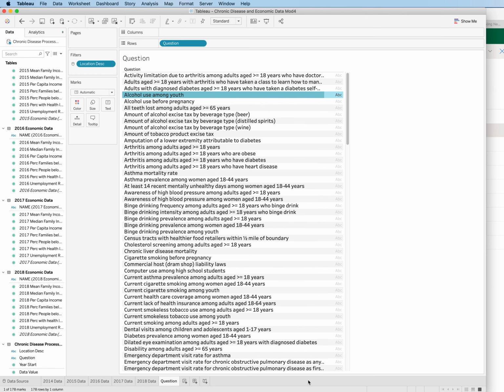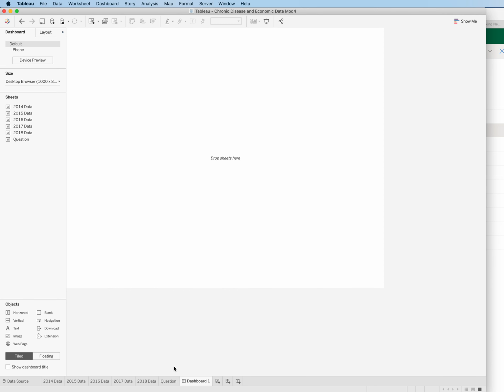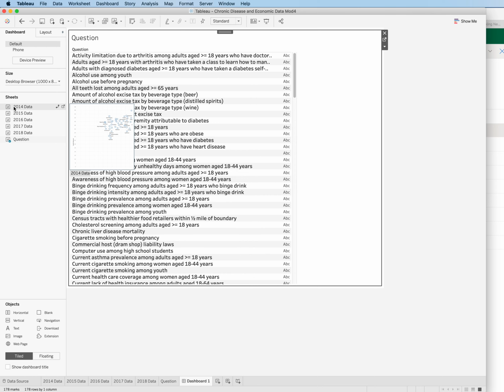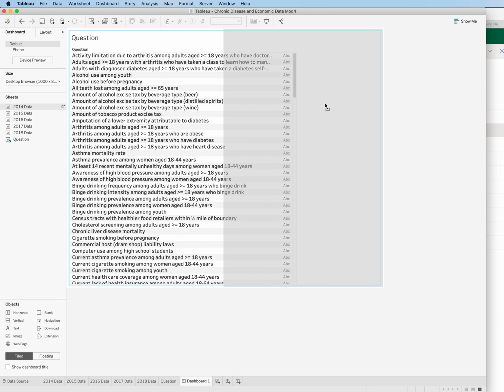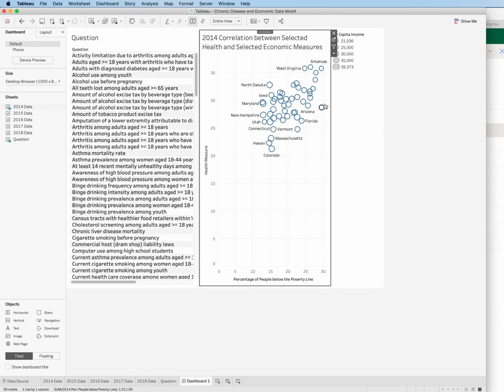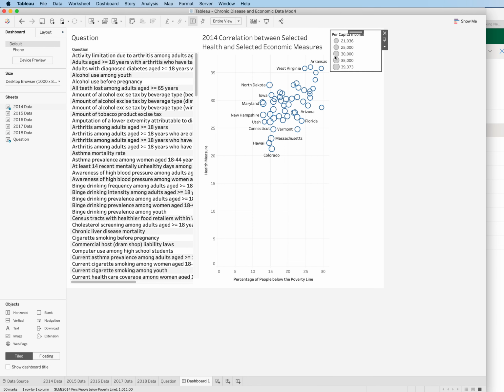Now we're going to make the new dashboard. And you know how to do that. Simply click on the new dashboard icon at the bottom. You see all of the data sheets we have. I'm going to drag question into it, and then the 2014 data, and I'm going to drop that right next to it. You see that Tableau automatically adds the size legend as well,